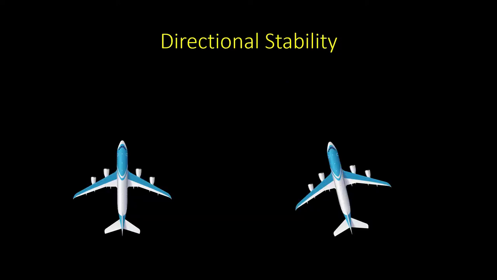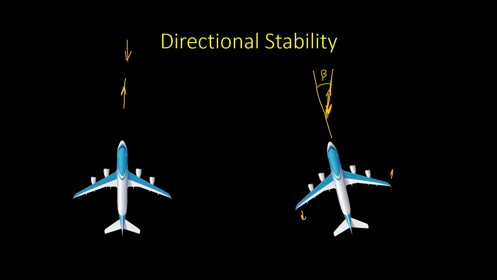Okay, now coming to the directional stability. Now we have an airplane which is moving straight. So this is the flight path. The air is coming from this direction, so it will have no side slip. Now due to some disturbances, the left wing of the aircraft moves a little back and the right wing moves a little forward. So now the aircraft is still moving in this direction, so the air is still coming in this direction. Now it will have some positive side slip.